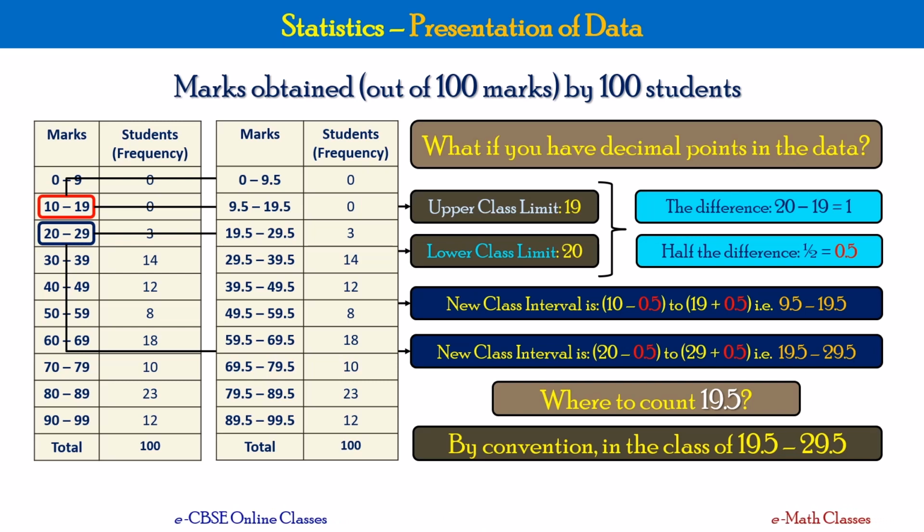Okay. So far in this video, we have learned the importance of statistics, and we have looked at some pointers related to collecting and presenting of the data in the form of tables. We have also looked at the nitty-gritties of frequency distribution tables and looked at grouped and ungrouped, and we have looked at how to handle decimal-pointed data and what is the convention of counting a data point which is exactly on the border of two classes. Okay, in the next class we are going to cover graphical representation of data.